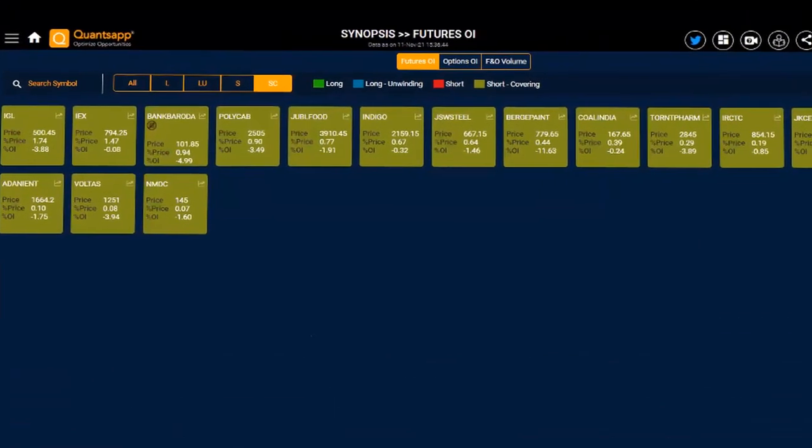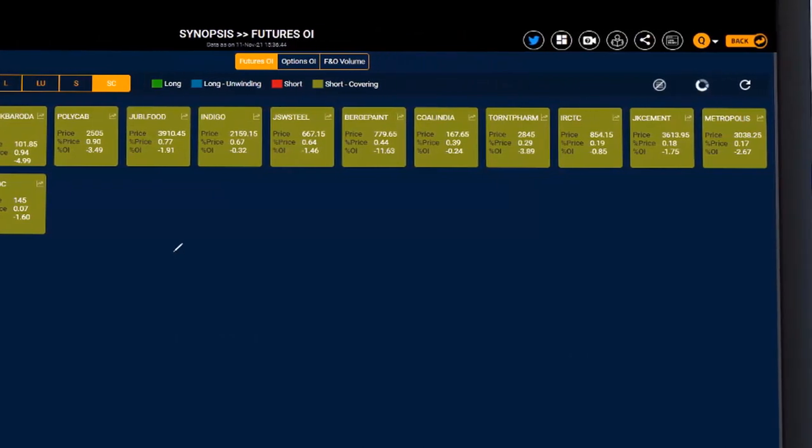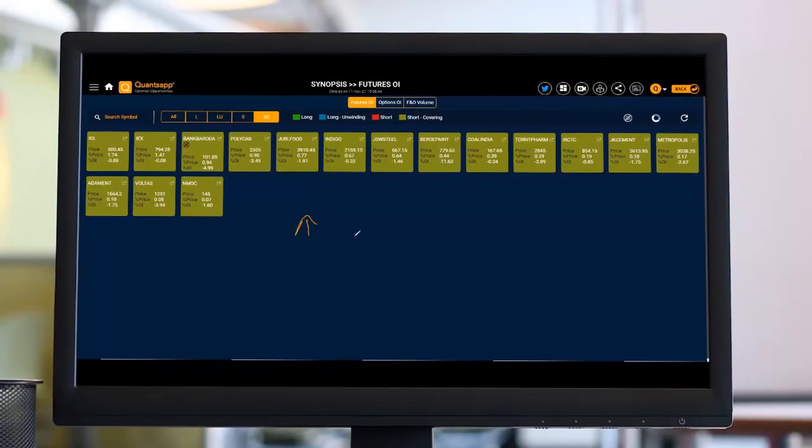Last thing is short covering. Short covering is again the opposite of short build up, wherein the price has a spike, okay, the underlying has a spike, but the OI goes down. So if I talk about a negative move, this is how an instrument will go down, right? So these up spikes are only due to shorts getting unwound, those shorts getting covered. Okay, it is not fresh longs which are pumping the price higher.